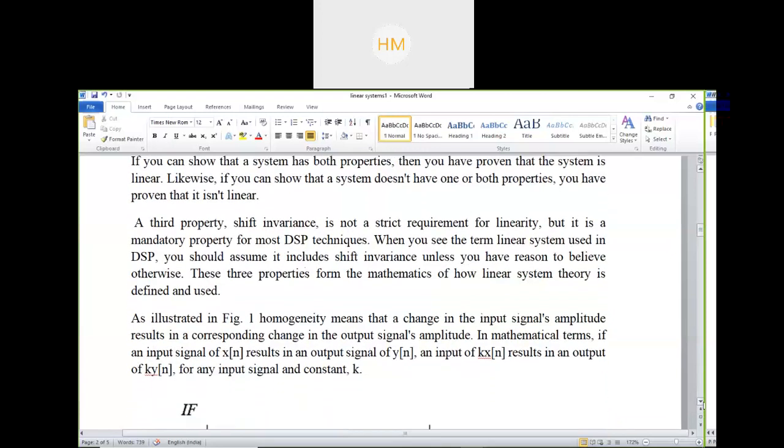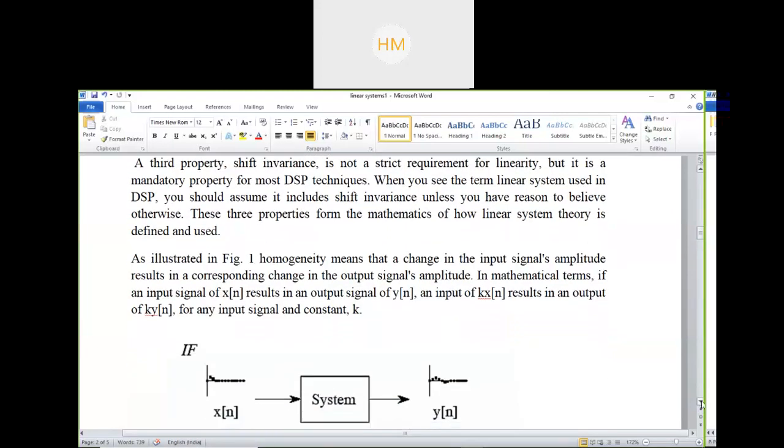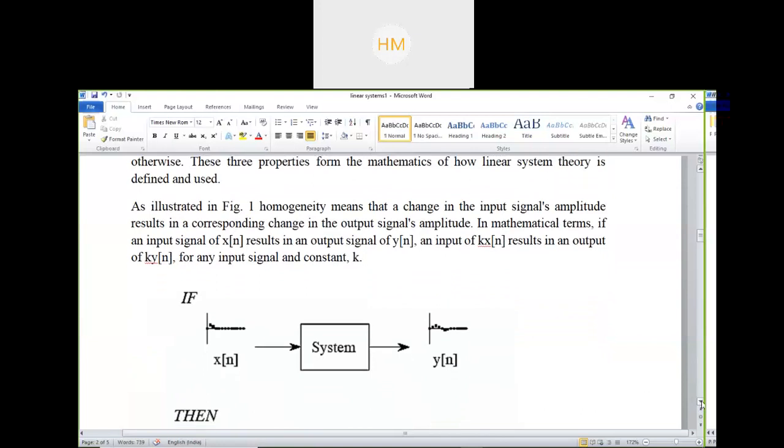These three properties form the mathematics of how linear system theory is defined and used. Which three properties? Linearity, which includes homogeneity and additivity, and then shift invariance. All these three properties form a DSP system. So we will see with an example, with a diagram, what we mean by homogeneity. So homogeneity means that a change in the input signal's amplitude